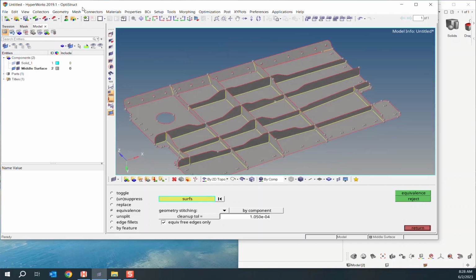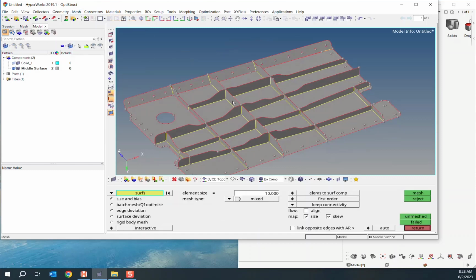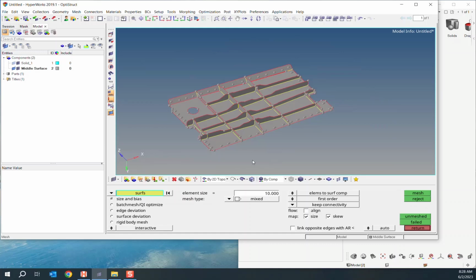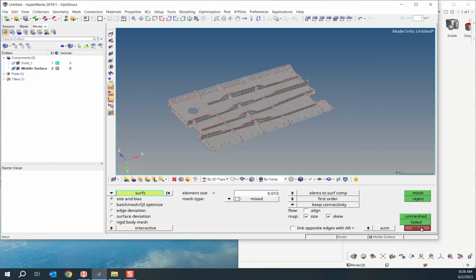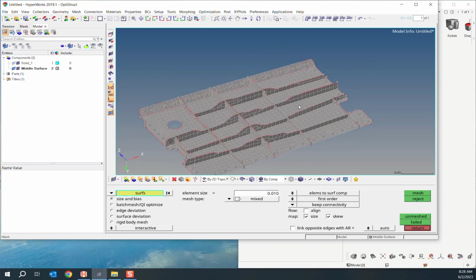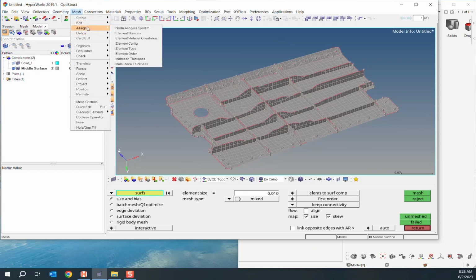We would then go and mesh, which we're not going to spend too much time on. The 2D auto mesh today, we'll just pick a nice little element size. It's a pretty small model, so 0.01. All of these surfaces, hit mesh. And then the final step in this whole process, if we're trying to get through a mid-mesh, mid-surface process, would then be to go mesh and then assign,